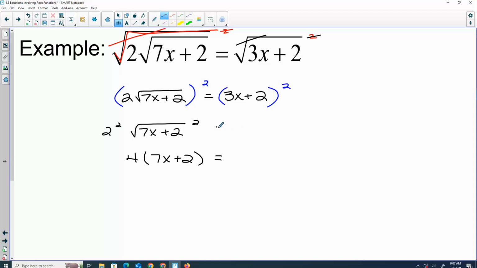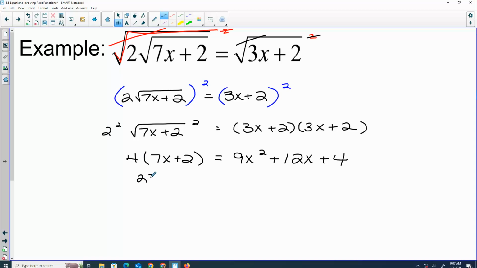On the right, because it's more than one term, if you have things added or subtracted, you have to think of writing it twice and FOIL. 9x squared plus 12x plus 4. If I distribute this 4,